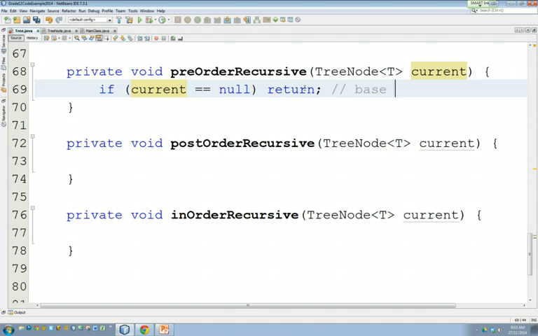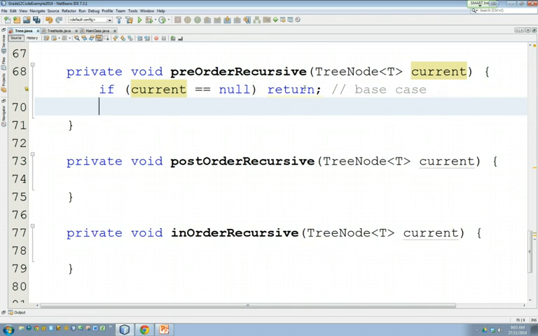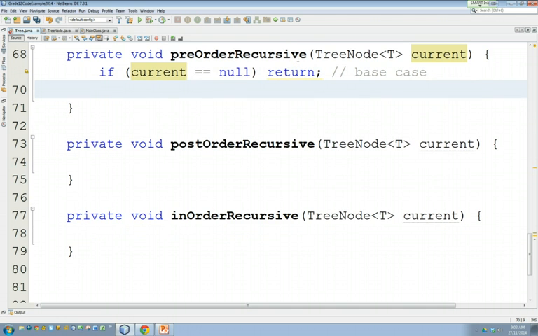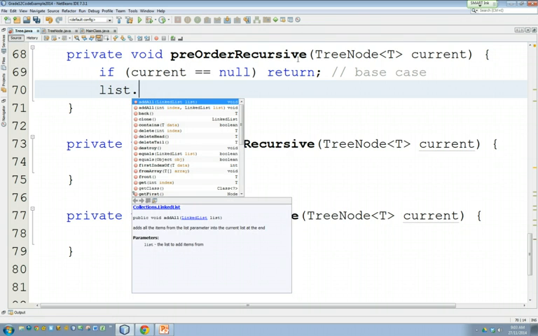So this is a base case. That's what stops the recursion, right? It's when I've reached a leaf node. I'm done. The recursion should stop at that point, okay? Now, according to pre-order, what I now need to do is add the current node to my